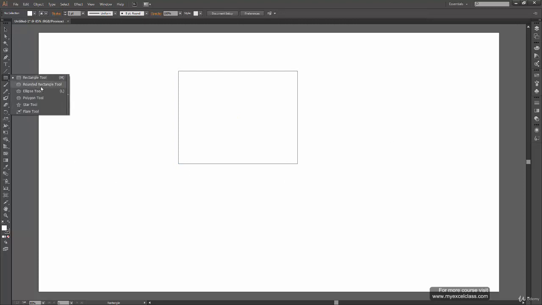So this works with all the tools, whether it's rounded rectangle, ellipse, polygon or star. So let's see if it works with the star tool. I'm going to create a star from here, and in between I can press the space key to move my star from the corner to the center of the rectangle. And when I think that this shape is fine, I can release the space key and again make changes to my shape. And finally I can release my mouse